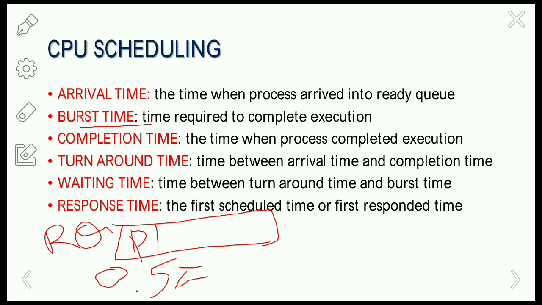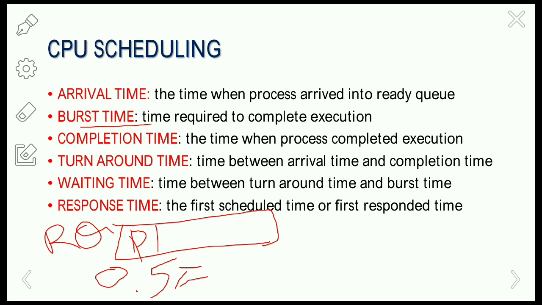And the next one is the turnaround time. Turnaround time is the time interval between the arrival time and the completion time. It is the interval between the submission of the process and the time of completion. The turnaround time is the sum of the periods spent waiting to get into memory, waiting in the ready queue, executing on the CPU, and doing input output.